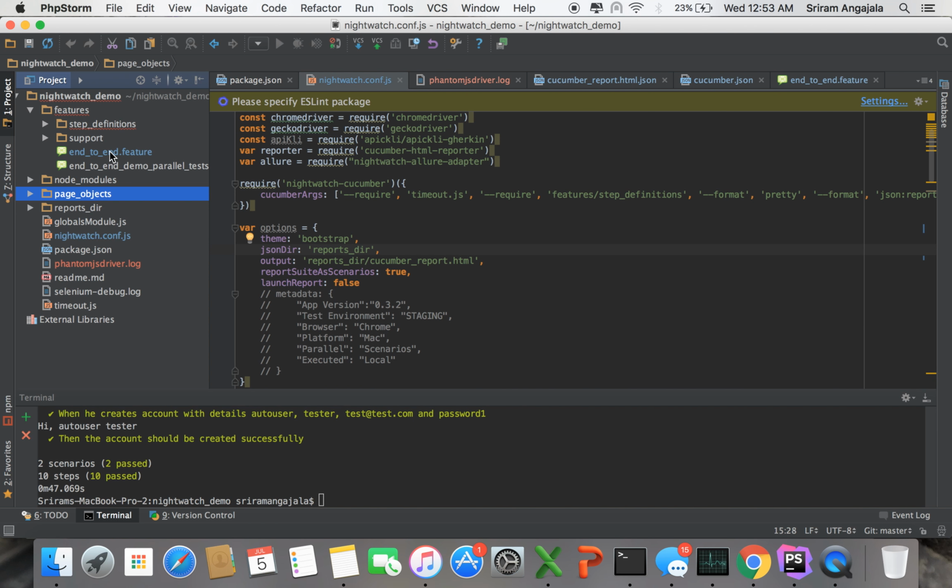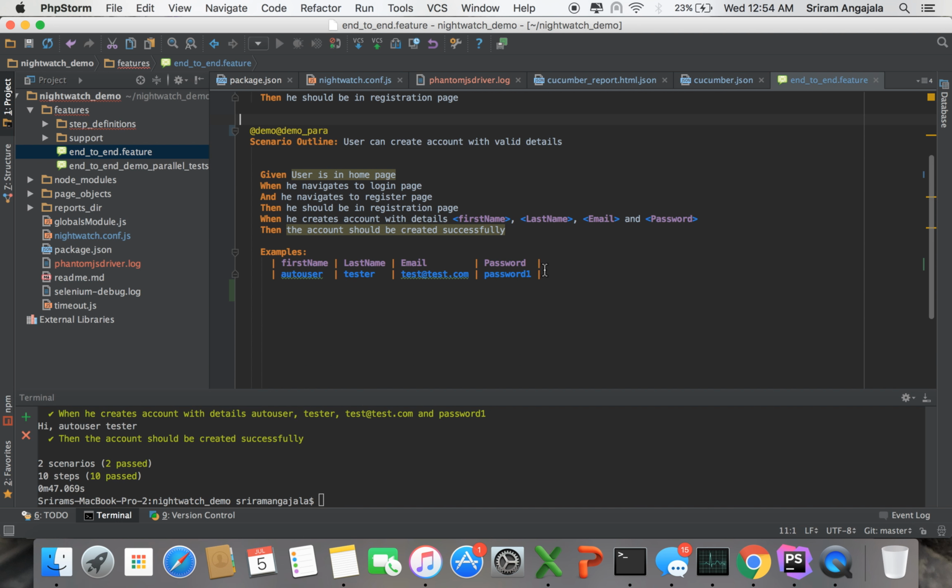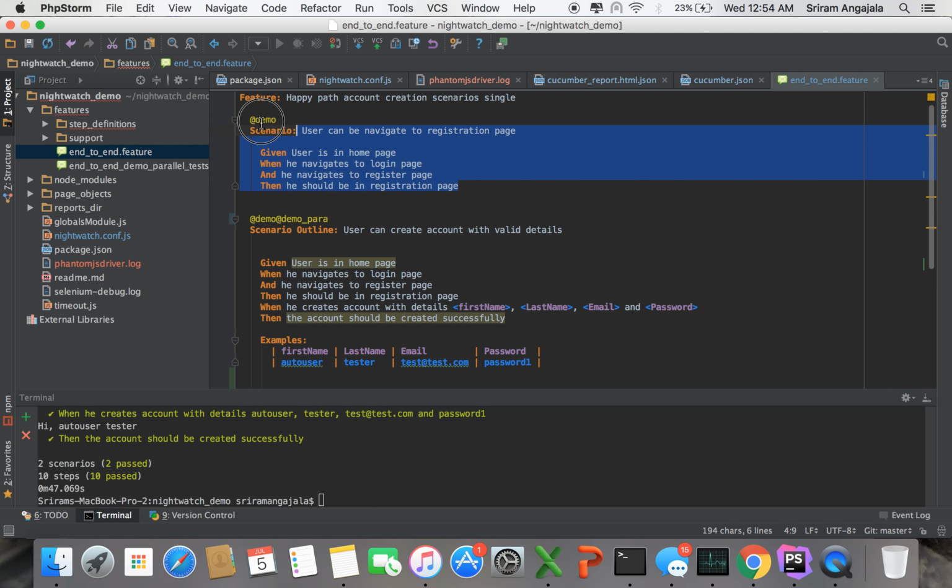Cool. So yeah, apart from that, there are a lot of other stuff which I'll be explaining later. So from Cucumber point of view, make sure that you have a folder structure like this, and you've got the Cucumber options, and then you need to have the feature file. For example, if I want to create one more feature file,